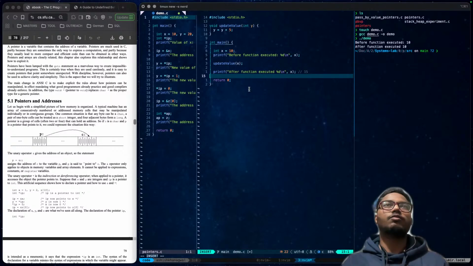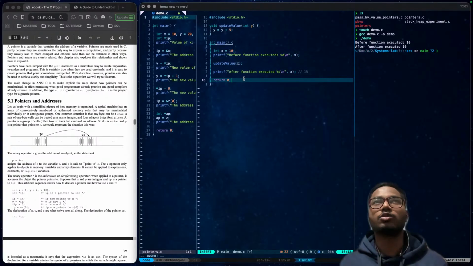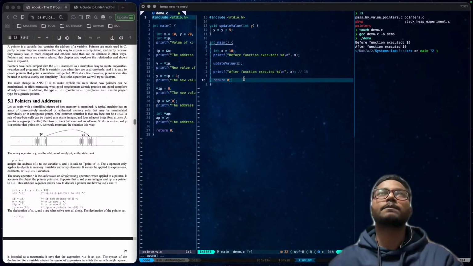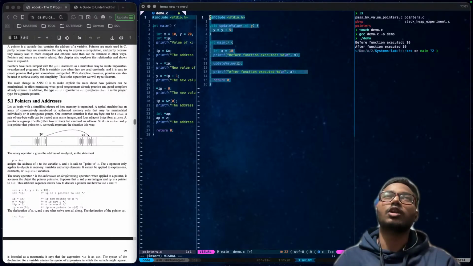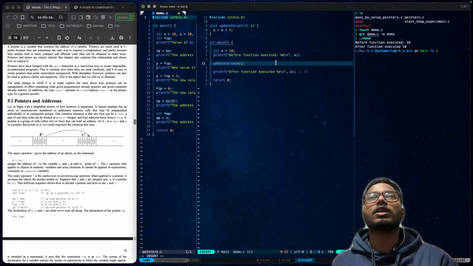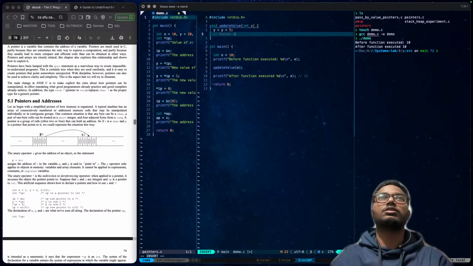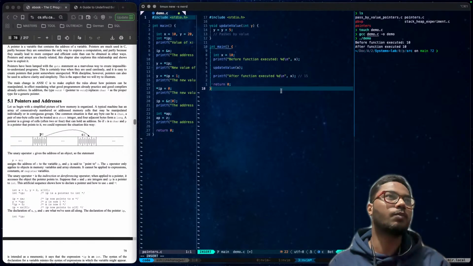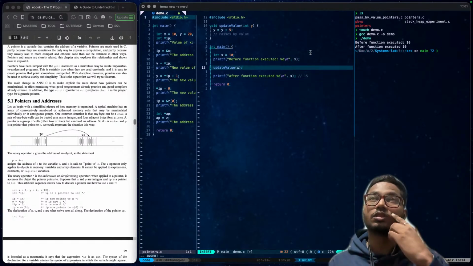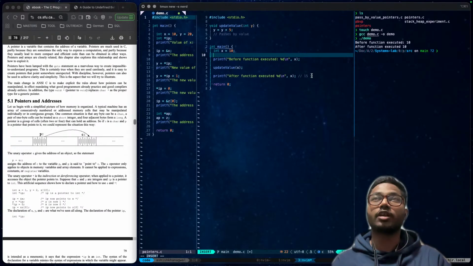We can't just write the code and think it will execute on its own. No, this won't happen. This is why C is a low-level language. C always passes by value, no matter what.